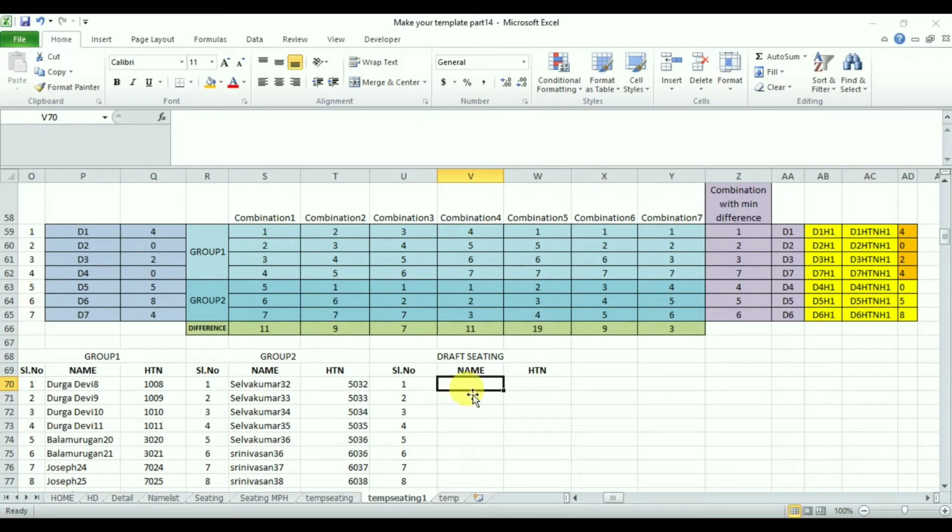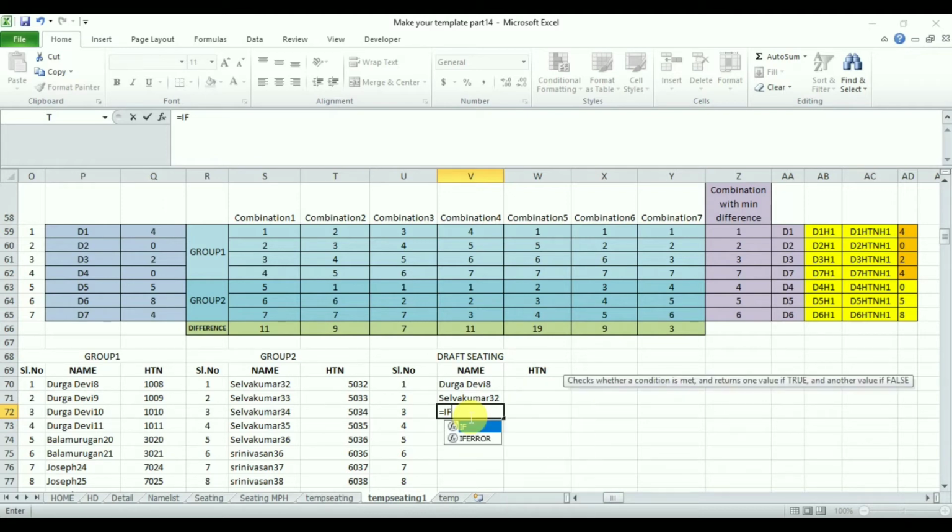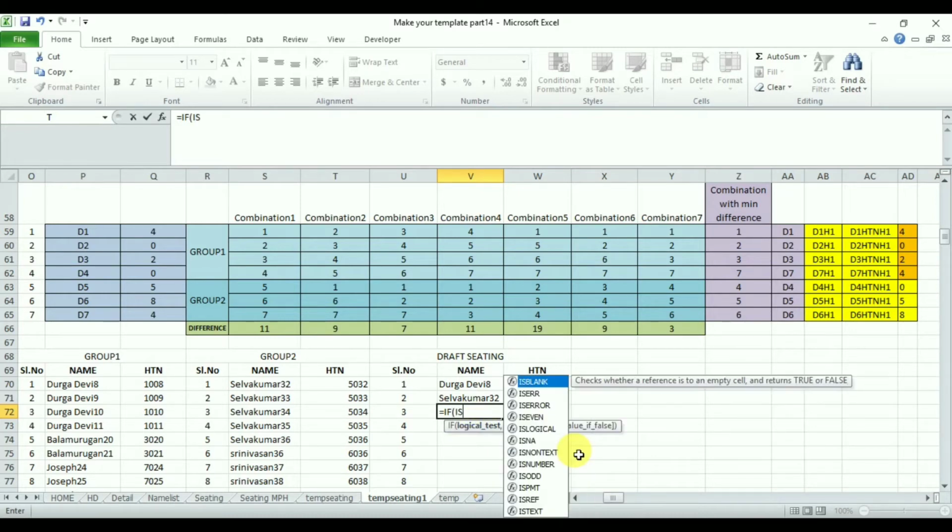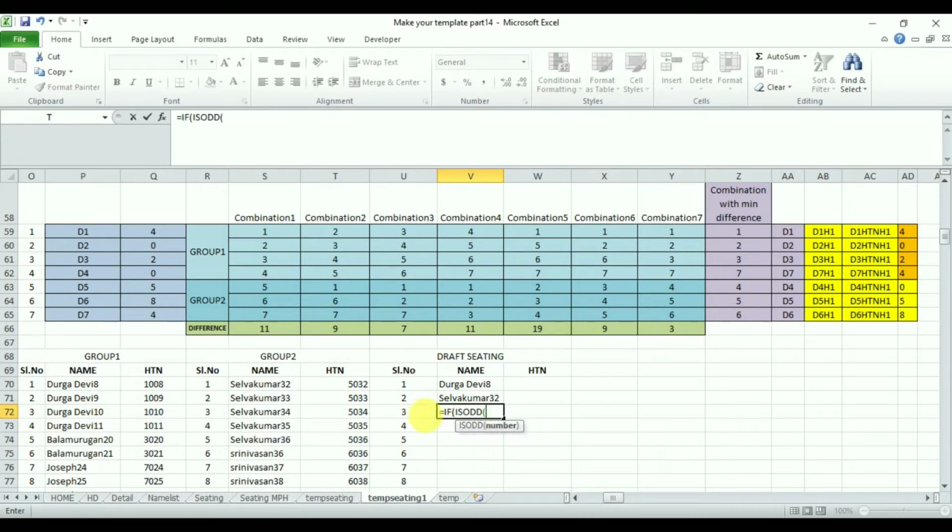Since it is the alternate seating, the first name will be from group 1 and the second name will be from group 2. So like this it will be the alternate seating, but it takes time. So let's use a formula: equal to, and I am going to check based on the serial number. If it is odd, the first number is going to be odd. So if the value is odd, close the bracket, and if the value is odd, then the value must be like